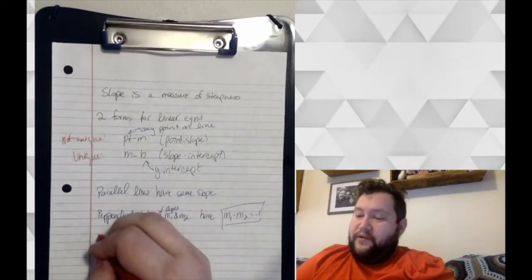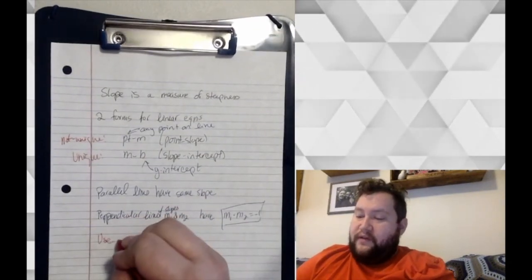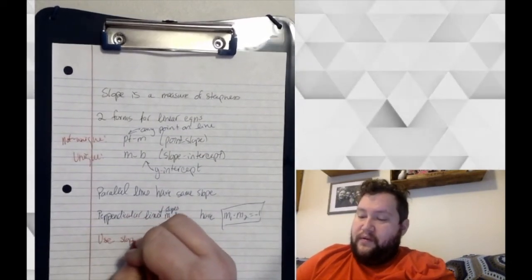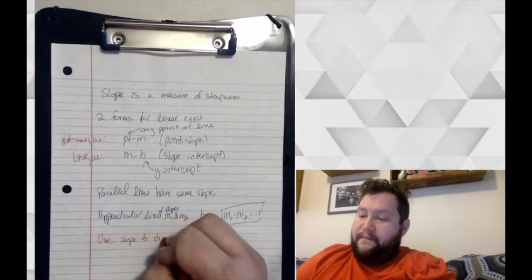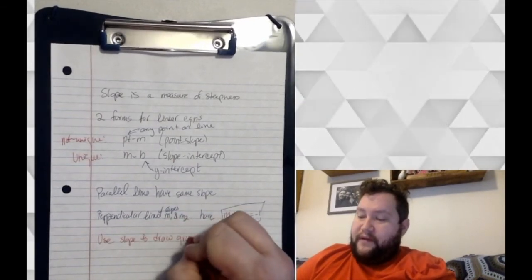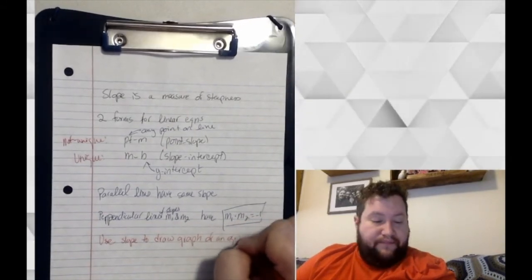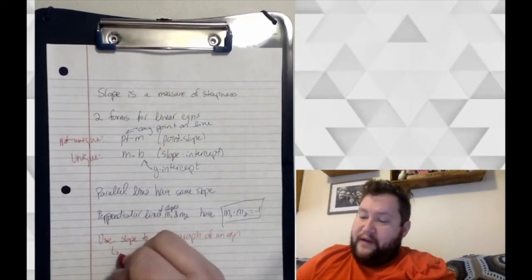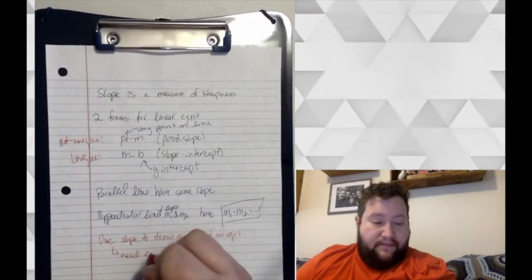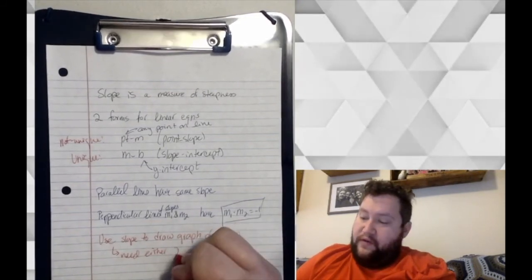We can use slope to draw a graph of an equation. And we need either 2 points,